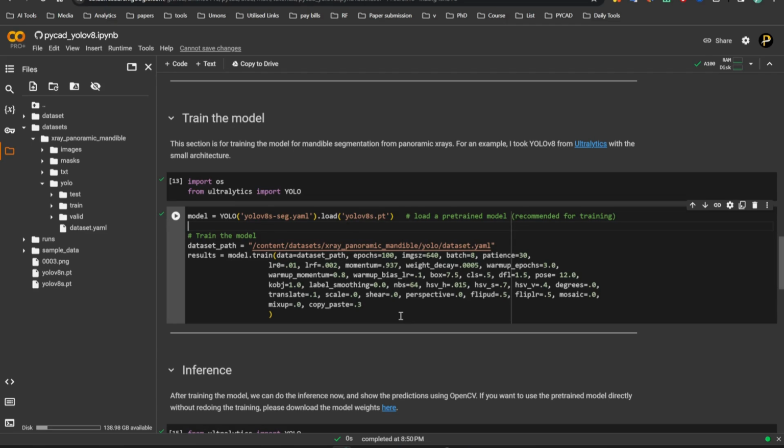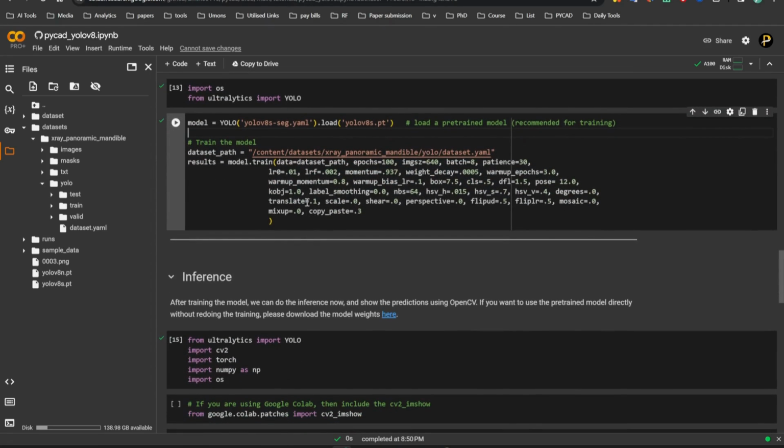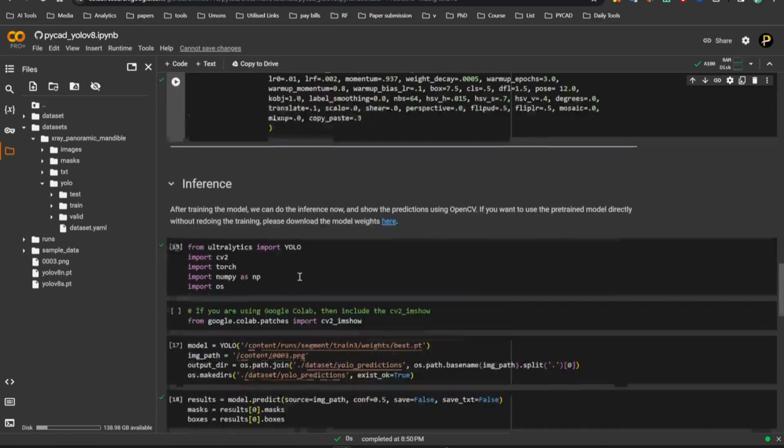It is not bad, but as you remember, we are using 116 images, which is a very, very small dataset. But yeah, this is just for testing and to show you where we can place PyCAD in our project. So yeah, this is the idea about the training. And whenever you have the model, if you don't want to train it and want to directly use a pre-trained model, you can download it from here. But if you want to train a model, then you can use this and the model will be trained. And then you can